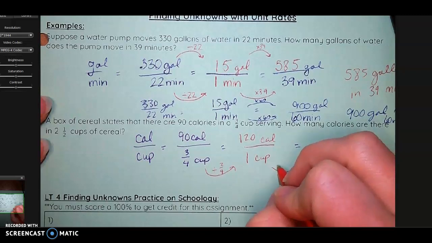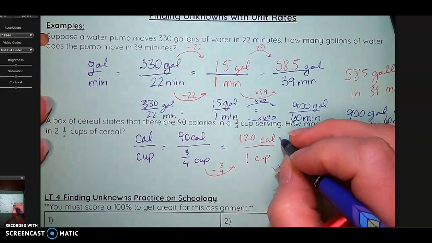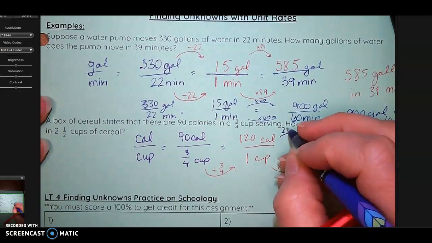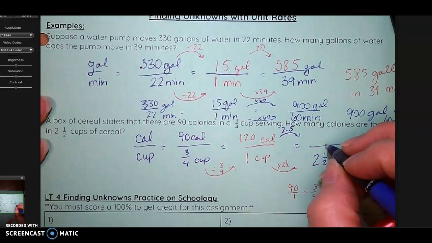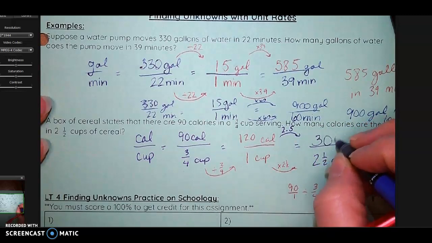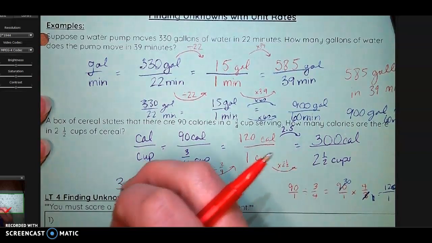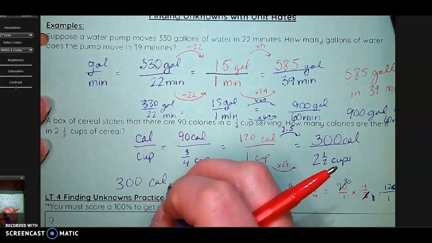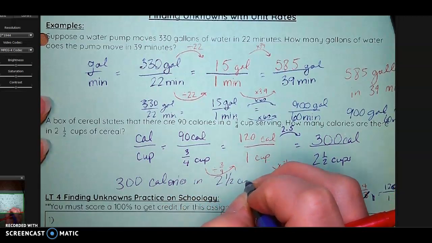Now I'm going to multiply times 2.5, and if you have your calculator and you don't want to do a fraction or a mixed number, you can think of it as 2.5. When I do 120 times 2.5, I'm going to get 300 calories. So that means that there are 300 calories in 2.5 cups